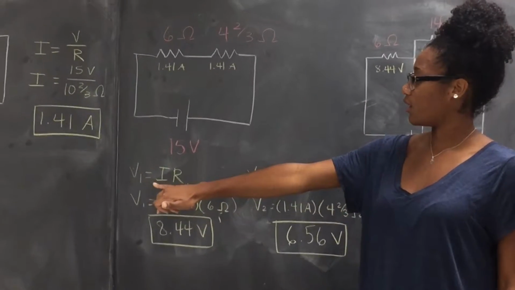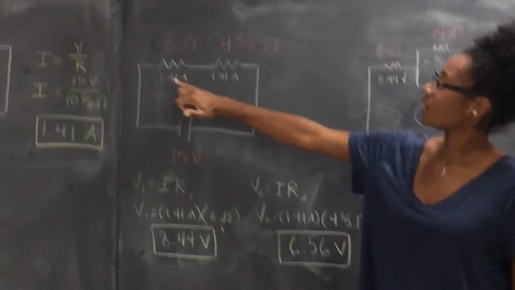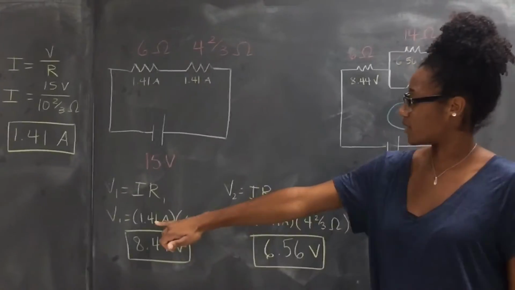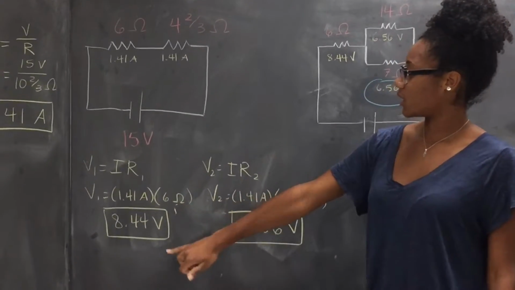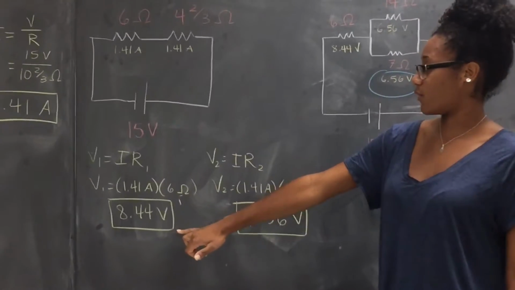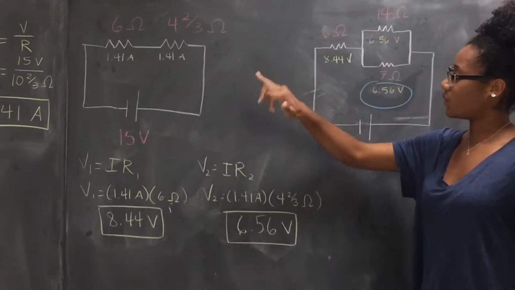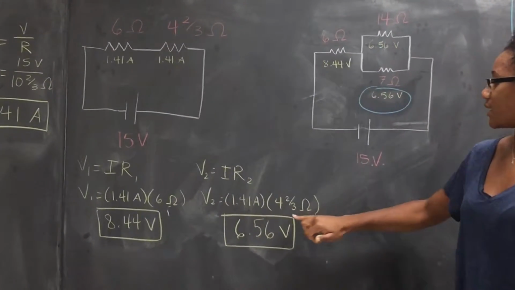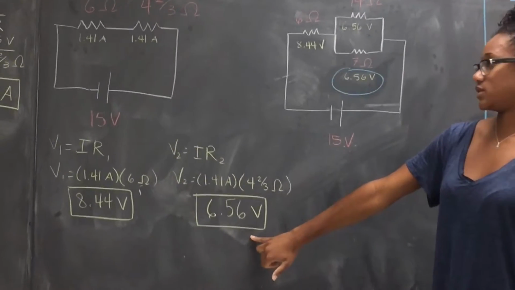We multiply the current, 1.41 amperes, times 6 ohms, which gives us a voltage of 8.44 volts. For the second resistor, we do the same thing: 1.41 amperes times 4 2/3 ohms gives us a voltage of